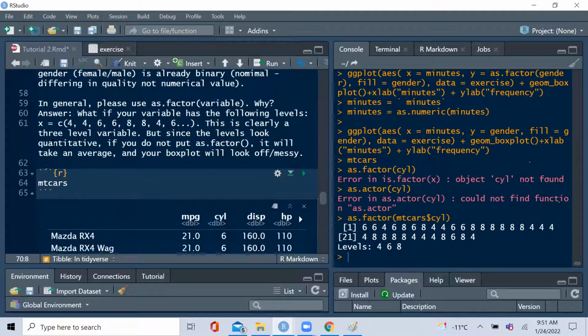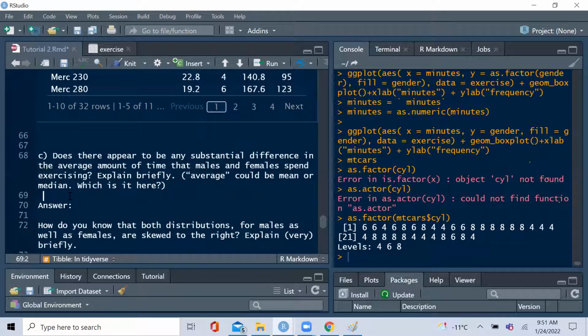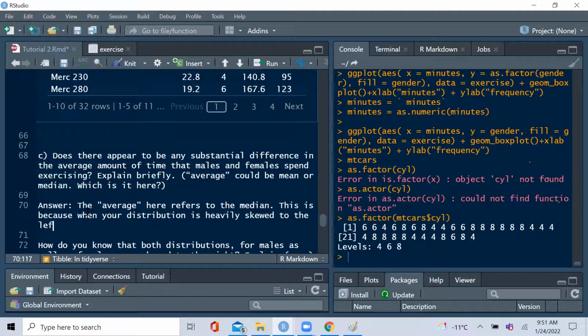And that's why we should make a note here, that the average here actually refers to the median. This is because when your distribution is heavily skewed to the left or right,